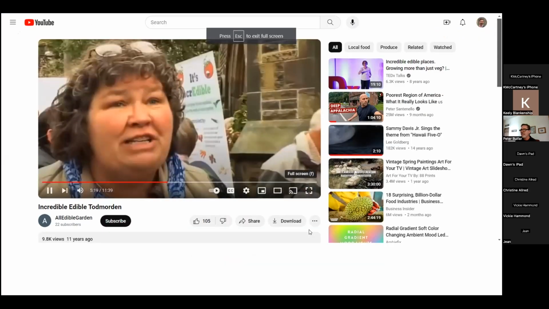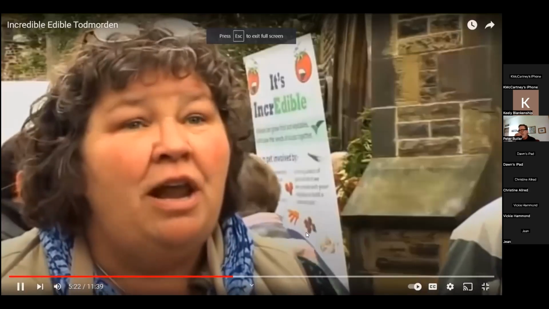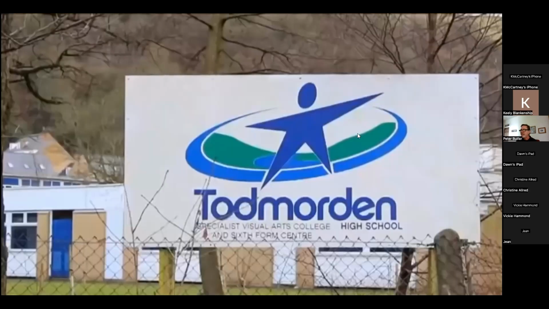The country's desperate for something to point at, a real live model. And that's the thing, people are pointing at Todmorden and saying, this isn't about money, this isn't about staff or funding or empires, it's about a whole community approach to doing things differently. And education is where it starts.